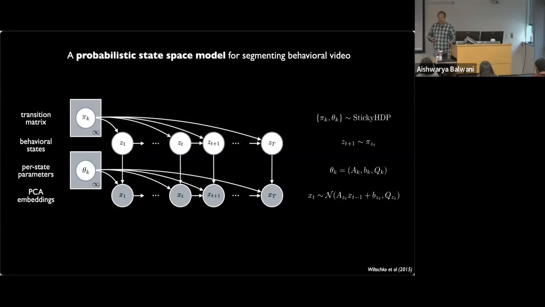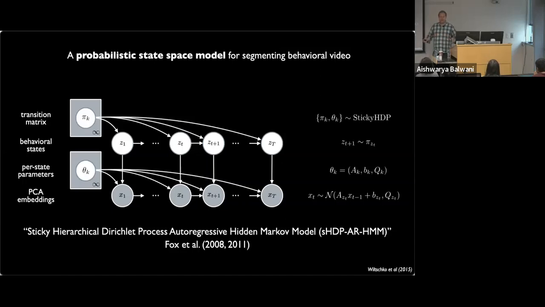And then finally, MoSeq, at least as originally implemented, had this fancy non-parametric prior, because remember, one of the questions yesterday was, how do you know how many discrete states you need? Well, there's a number of ways to try to answer that question. No way is necessarily perfect, but one way is to say, I'm going to try to be agnostic about this. I'm going to build my model with the capacity to infer the number of discrete states that's best matched to this data. And one way to do that is with a Bayesian non-parametric model, like a sticky hierarchical Dirichlet process.